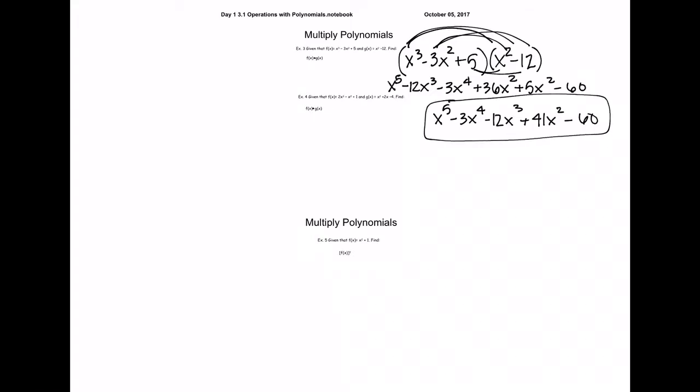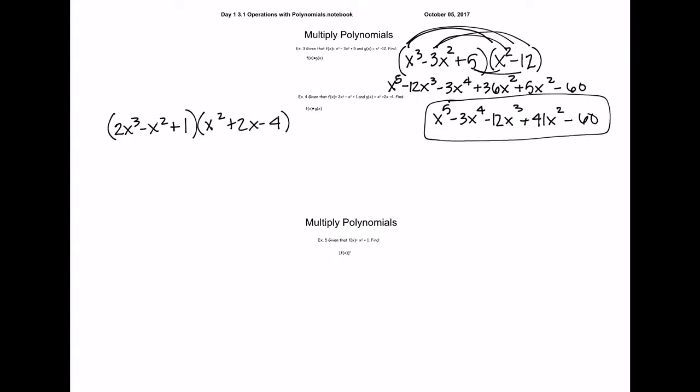And you just multiplied a trinomial by a binomial. Given that f of x is equal to 2x cubed minus x squared plus 1, if we take that trinomial and multiply it by g of x, which is x squared plus 2x minus 4,